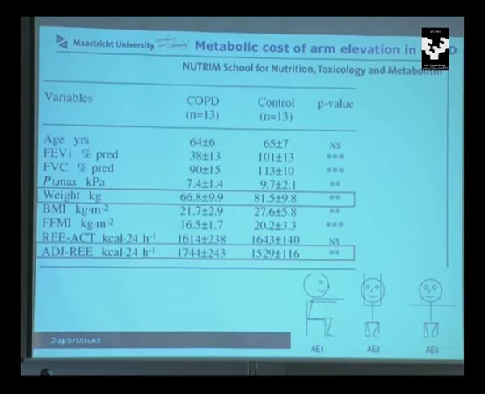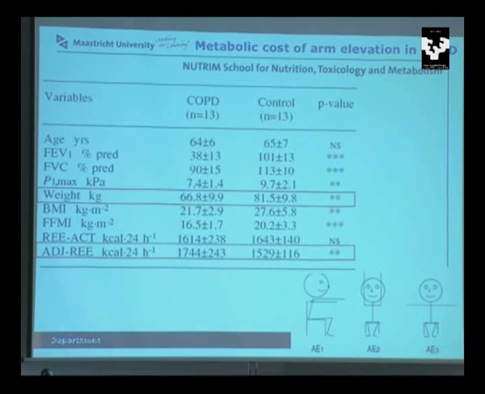Just one more study, about patients with chronic obstructive pulmonary disease. This disease is causing inflammation, but it is a disease that has a major impact on the life of these patients. If you just look at patients versus controls, just the weight, on average they are much, much lower in body weight. But you can also see here the fat-free mass index, so you divide fat-free mass by height squared, just like you do with the BMI. They are a lot lower, so they actually are cachectic,